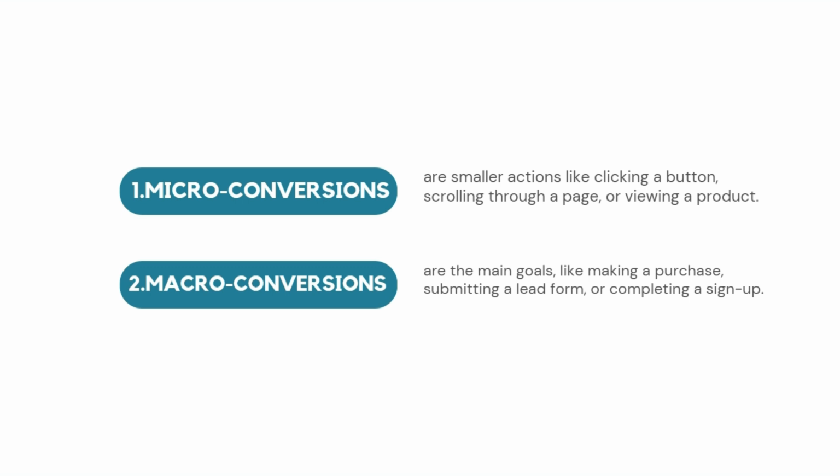Let's start by discussing the difference between macro conversion and micro conversion. In GA4, micro conversions are smaller actions like clicking a button, scrolling through a page, or viewing a product. On the other hand, macro conversions are the main goals such as making a purchase, submitting a lead form, or completing a sign-up. Micro conversions help show user interest, while macro conversions are the final goals that matter most